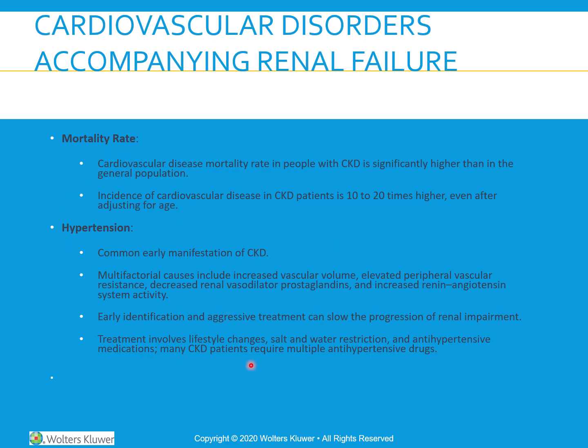Hypertension is often an early manifestation of CKD. It's got a multifactorial cause. It can be due to things like increased vascular volume, elevated peripheral vascular resistance, decreased renal vasodilator production of things like prostaglandins, and the increased production of that renin-angiotensin system activity. So these are the big reasons why we see this sort of difficult to treat hypertension in CKD